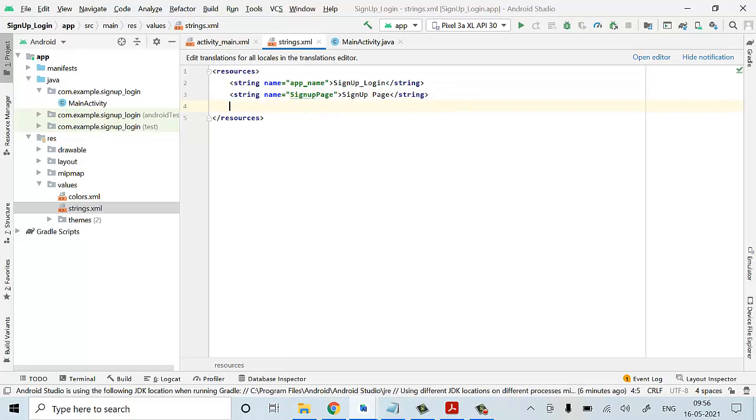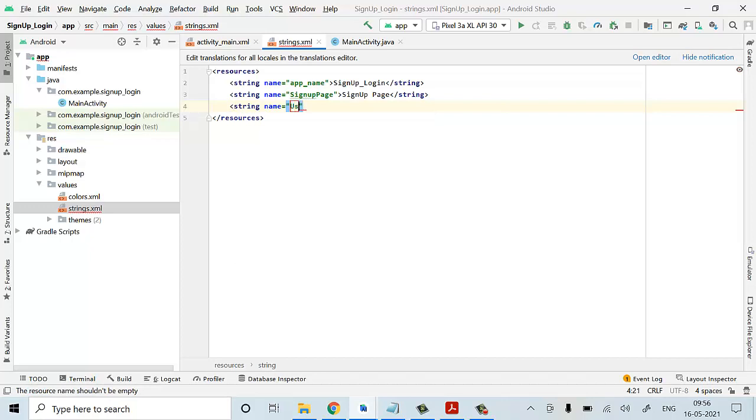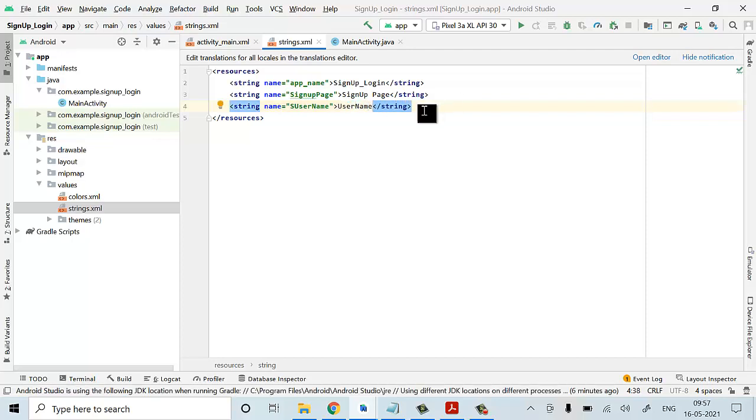Now the another one thing which is required for name, to enter your username. So I'll take it. Yes, username I'll write. S stands for your sign up username. So yes, username, I'll close it. So I'll write it username to display your content. That's it.